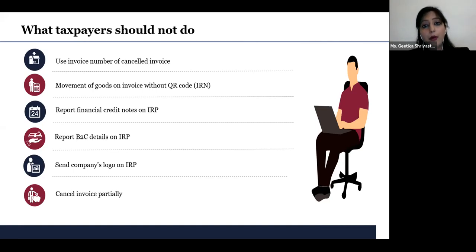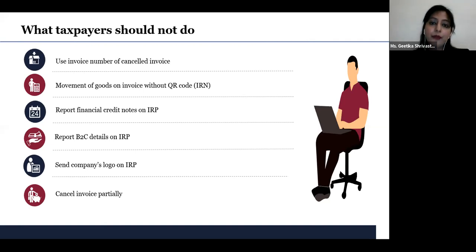There is no need to report any financial credit notes on the IRP. Financial credit notes, like we all understand, are those credit notes which are not GST credit notes, or which are issued after the GST timelines, and they don't carry the GST details. So there is no need to report these credit notes on the IRP. Whatever is required is only the tax invoice, the credit note which has GST details, and the debit notes. Sometimes people get confused that all documents have to be reported, and documents talk about credit notes. So whether financial credit notes also need to be sent?